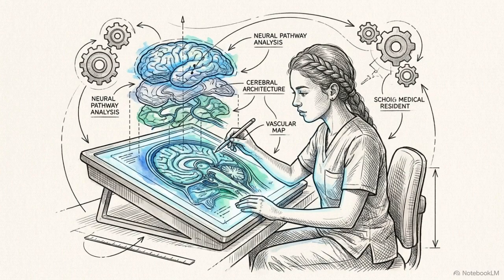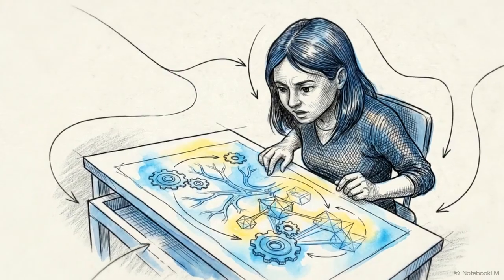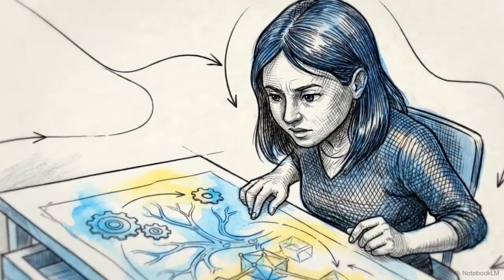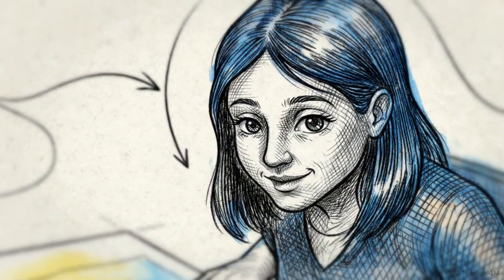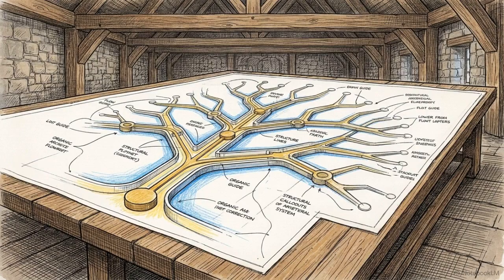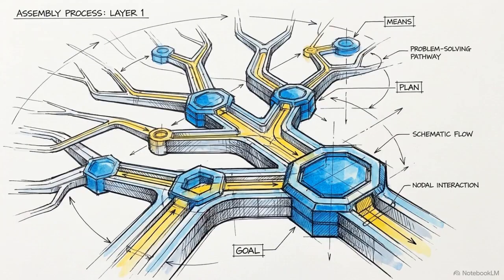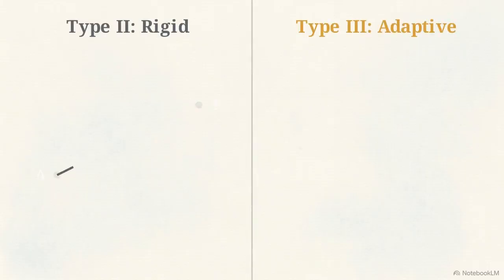Professional expertise is not the result of sudden inspiration. It is a highly specific physical action that is actively driven from an external, material state into an internal, mental state. The foundation of this system is the orienting basis of action, or the OBA. This is the precise structural map a student uses to understand the goals, plans, and means of solving a specific problem. This diagram shows 2 approaches to that map.